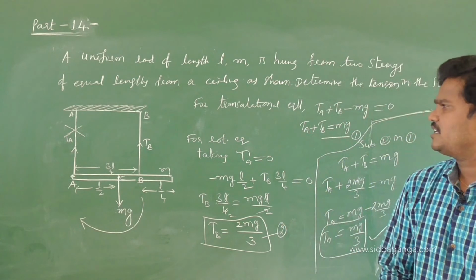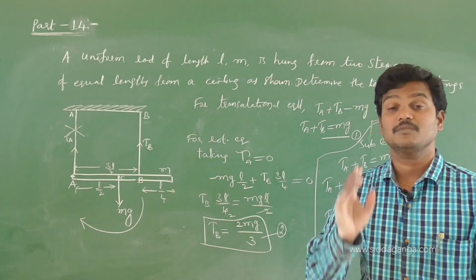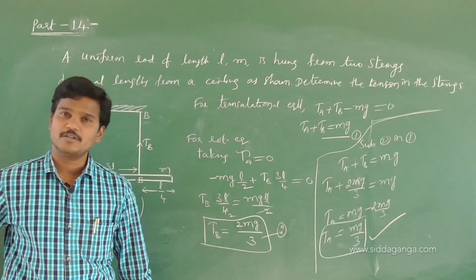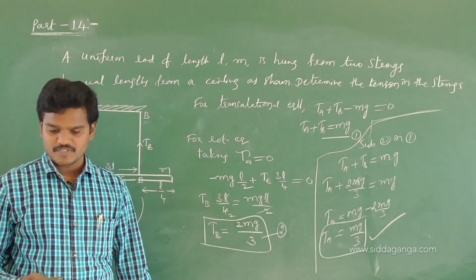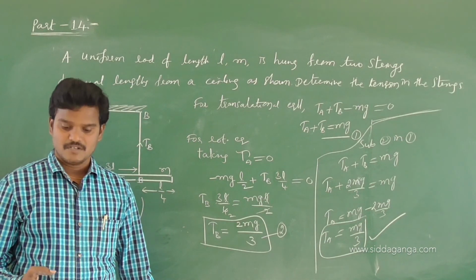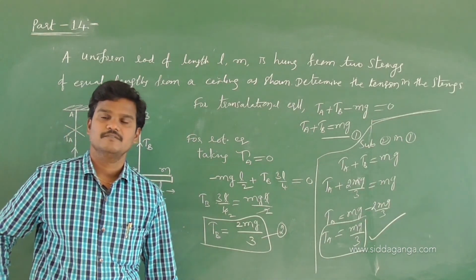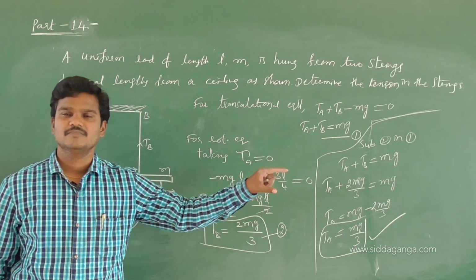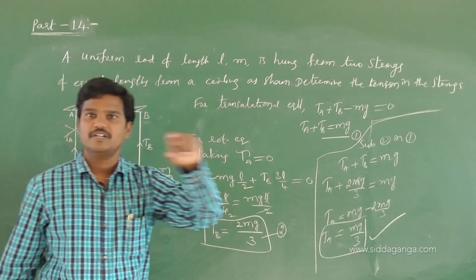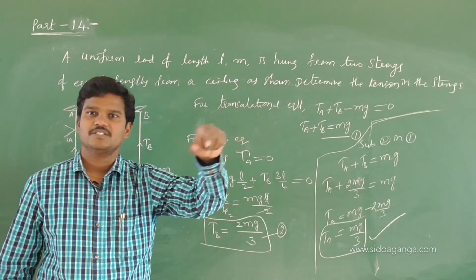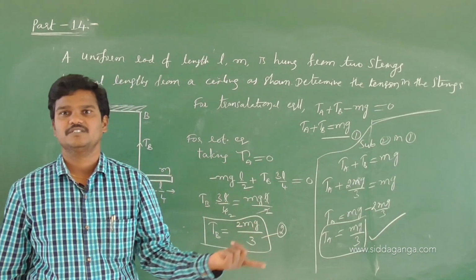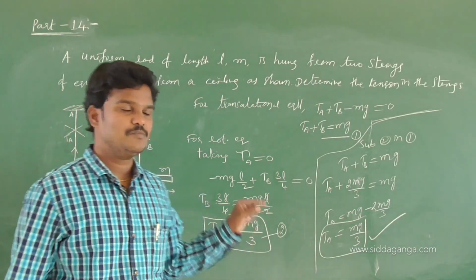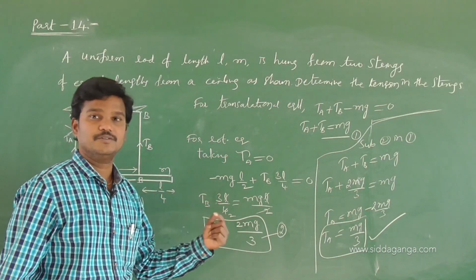So use the same method to solve other problems. Use the translational equilibrium condition and you will get one equation, and the rotational equilibrium condition gives another equation. Solve those two equations and we will get the required answer. The same way, they will give a meter stick. This problem is given in NCERT. A meter stick, some loads are attached, then they ask at what distance another load is attached. Just see the NCERT, some similar models are there. Otherwise I will continue in the next sessions.